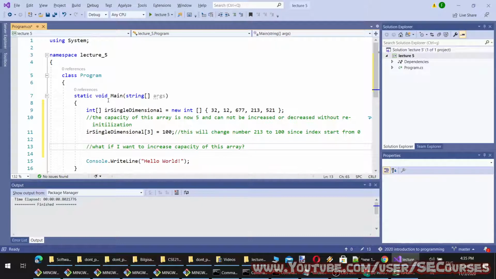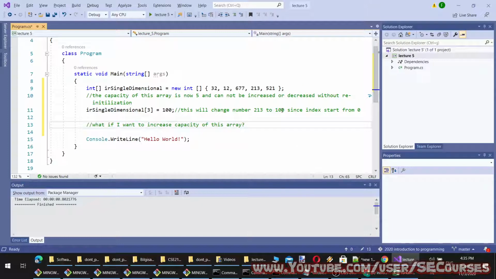And what if I want to increase the size or capacity of this array? My only way is defining a new array from it. I think we have shown this in the previous lecture, but I will show you again. To keep the values of this, I need to compose a copy array.